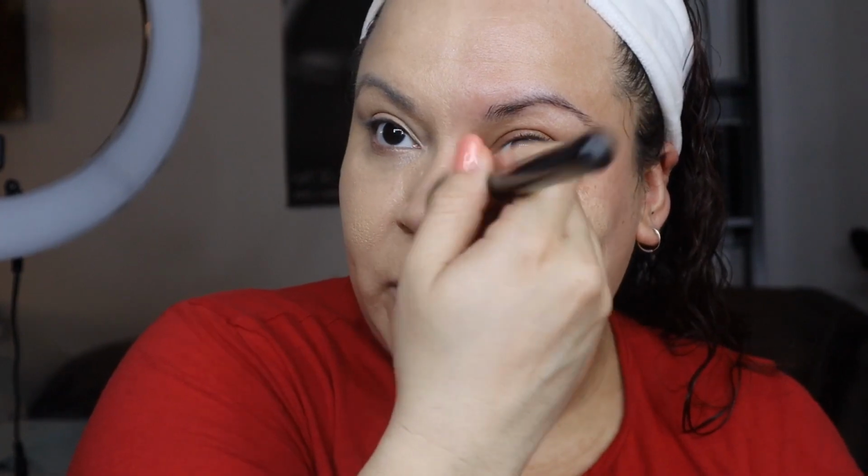This could be drying for some people. If you have very dry skin, it could be drying. And actually, on me, it looks very luminous. It quite possibly could be because of the way that I prep my skin. And I hydrate it, because I do that with any foundation. I don't use dewy foundations, but if it's a matte foundation, I always like to prep my skin, make it very hydrated, very luminous,